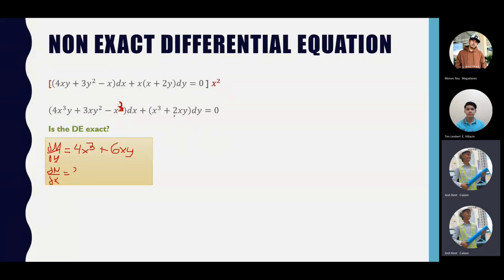So x squared to the 4th power, sorry. x times x squared times x squared, it becomes x to the 4th. So the derivative of x to the 4th becomes 4x cubed plus,